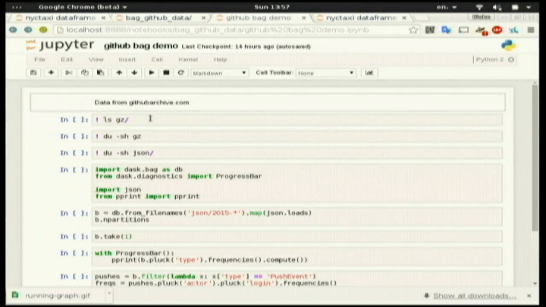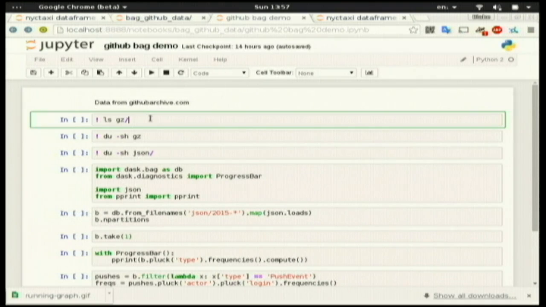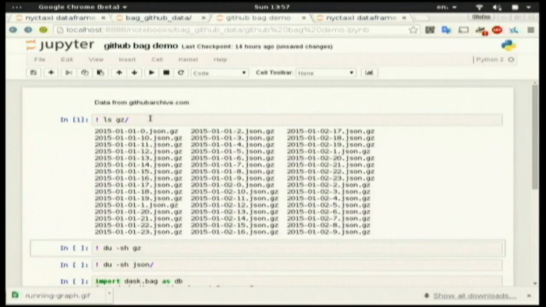Yeah, so I downloaded two days worth of data from githubarchive.com. It's a pretty cool website. You can just wget some dates and you get